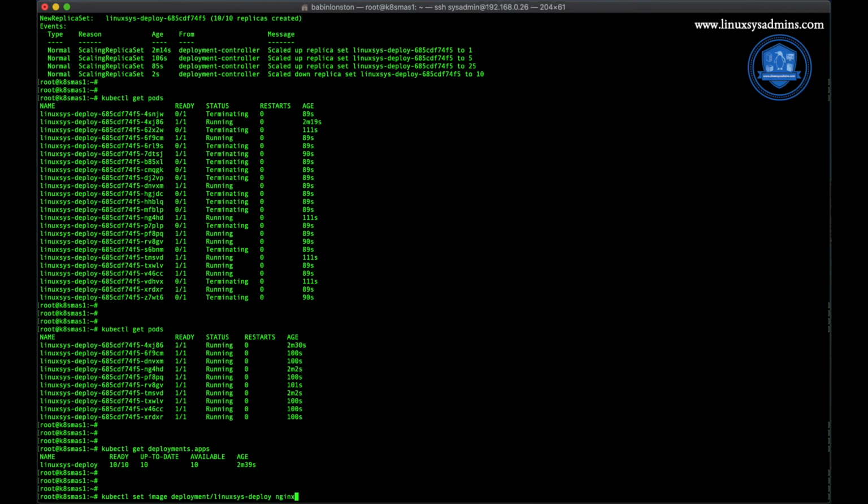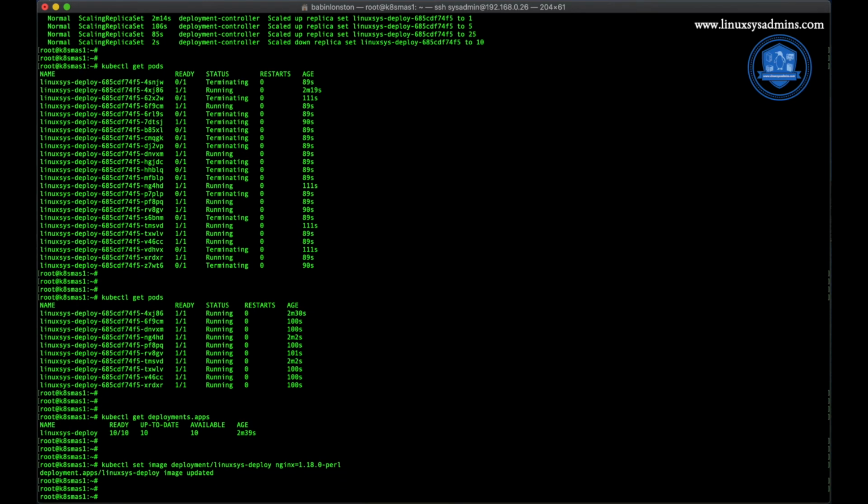And the Nginx version which I am going to use is 1.18.0-perl. This is the image file which I am going to use right now. And the deployment will be upgraded with that version.